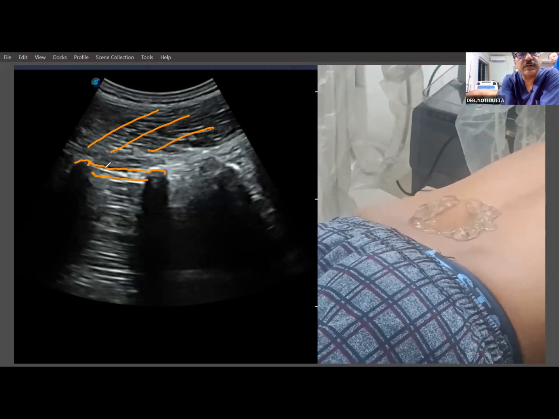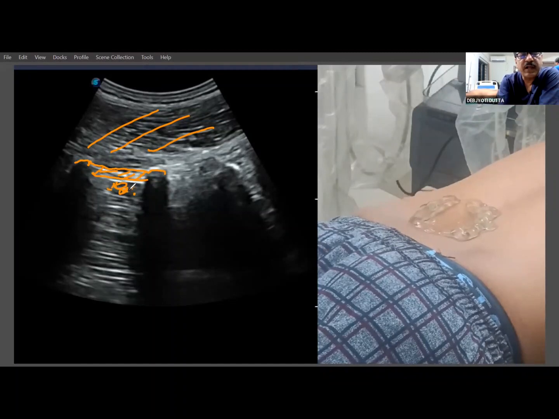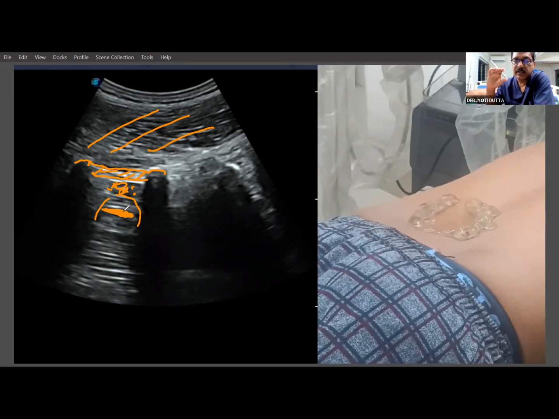These muscles are erector spinae muscles, and here you can see this hyperechoic line. This area is your intertransverse tissue complex. After the intertransverse tissue complex, there will be the neurovascular bundle, and then the psoas muscle starts, and in between the psoas muscles this plane is basically the lumbar plexus plane. The lumbar plexus plane, what I was already talking about, that in the whole depth of the psoas muscle, anterior 2/3 and posterior 1/3, is where the ventral rami of the nerve roots form the